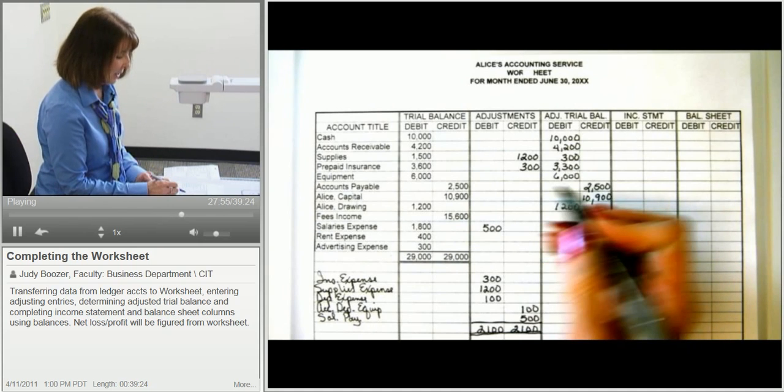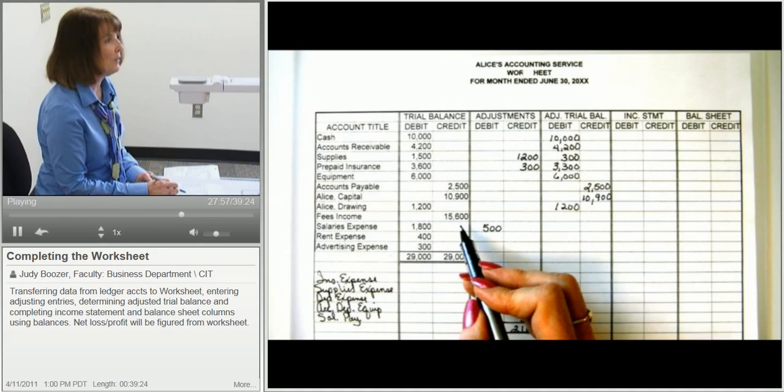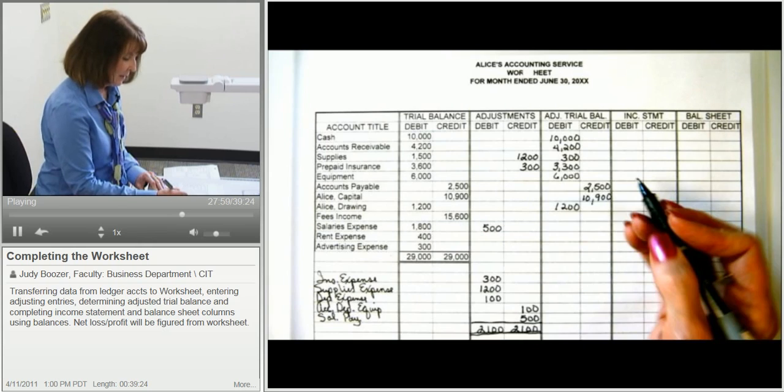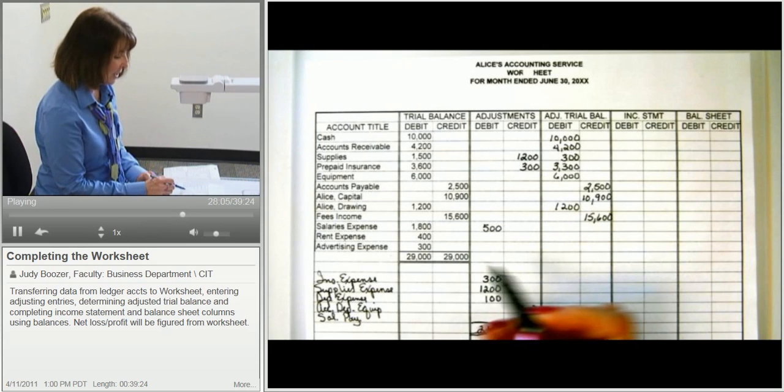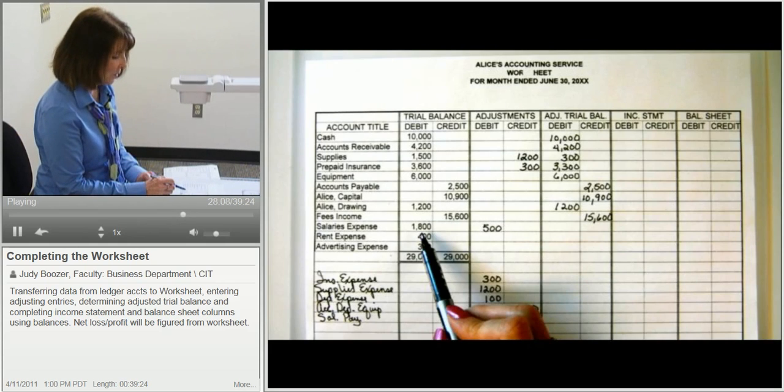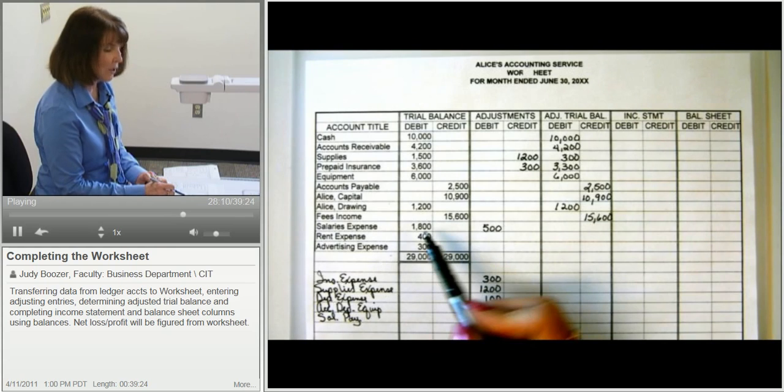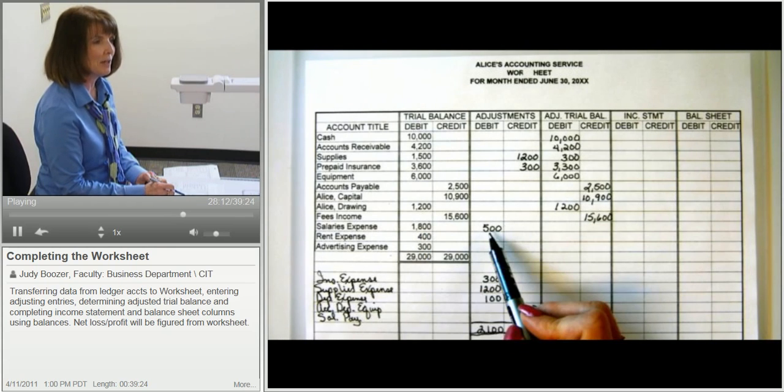How about fees income or your revenue account? 15,600. Now, for salaries expense, we began with 1,800. We have another adjustment debit of 500. So we add them together to get